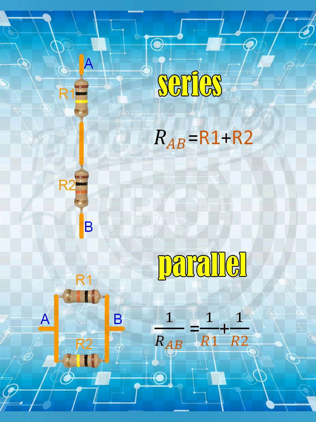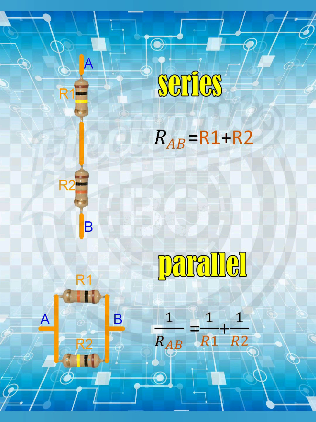And for a given number of resistors, if they are combined in parallel, that would decrease the effective resistance of the circuit. It means to say that to increase the resistance of a circuit, resistors should be connected in series, and to decrease the resistance in a circuit, they should be connected in parallel combination.